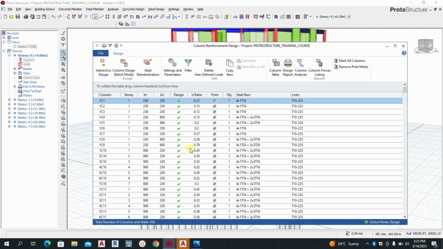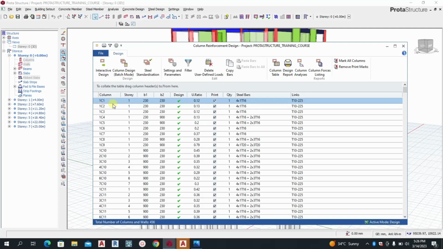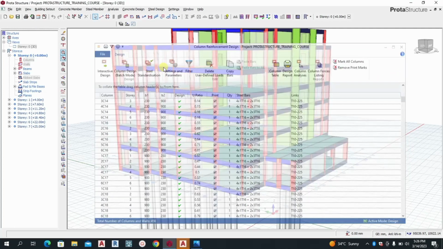You can see all of our columns pass. You can see for column 1C1, this is the first floor. These are columns on the first floor. You can see the green tick means it passed. It gives you also the reinforcement alongside. You can see everything is here. You can close it, and you can also get the